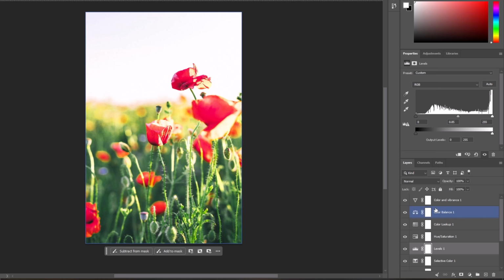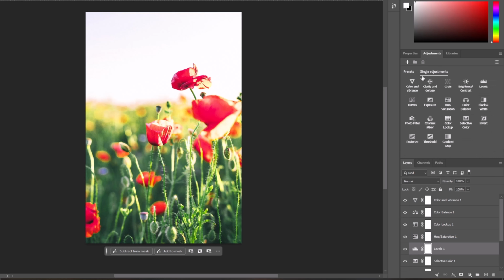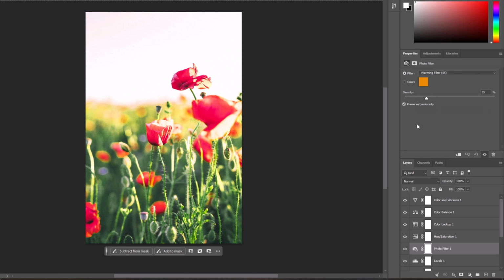Look how cool it is when I change it from 1 to 0.85. You can see how it will adjust the image. So this was about some adjustments that we talk about in this video, and we also have a photo filter